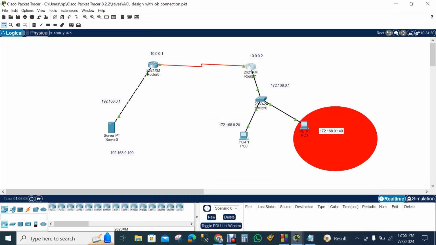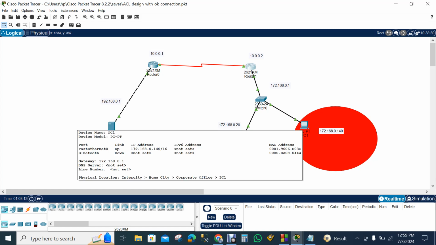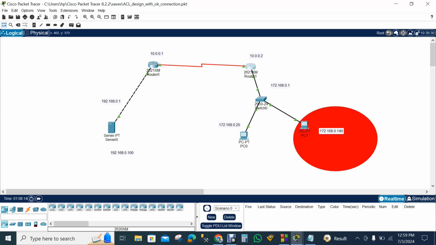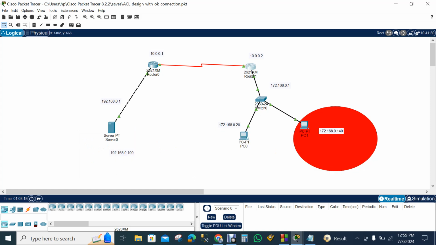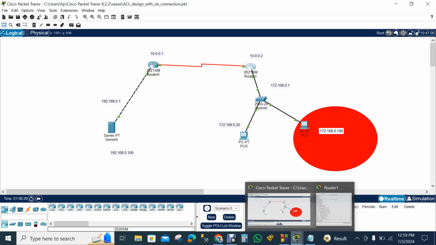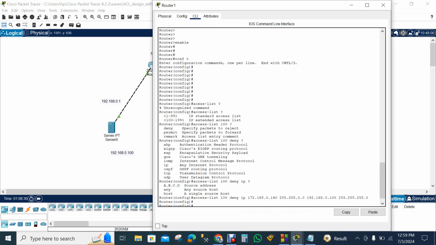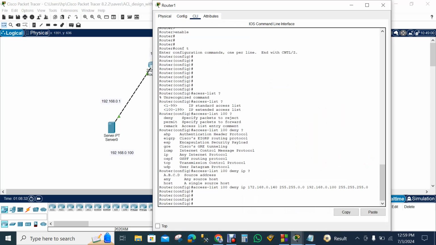is connected with our PC. This PC can't be used to communicate with this server in an outbound way. So I have to write here, and the connections between those routers are well established with the serial port. Where is my CLI mode? Yeah, I have to write in here that